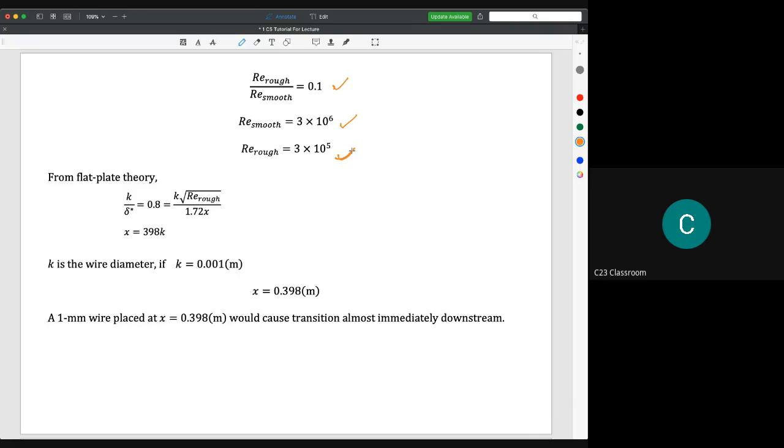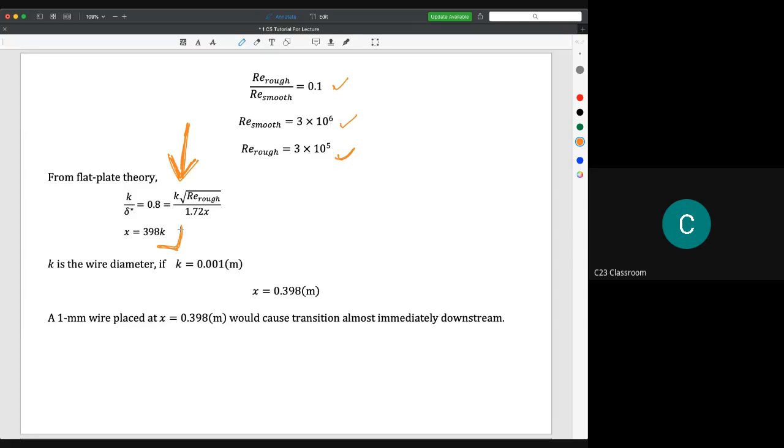So and then this is just from the textbook. You could compare with the equation from the textbook. So you have k over delta star equal to 0.8, so it is equal to k square root of the Reynolds number for rough divided by 1.72x. So the x here is equal to